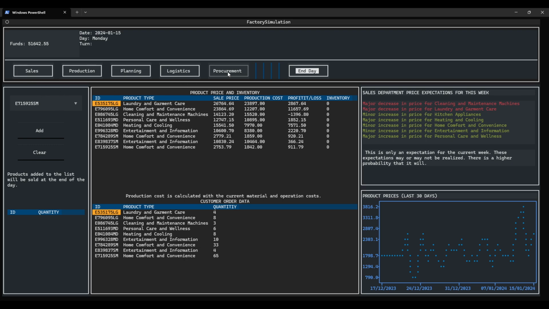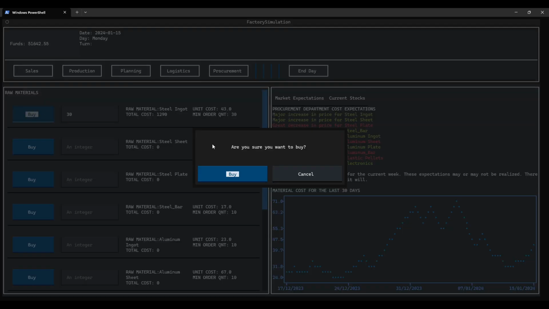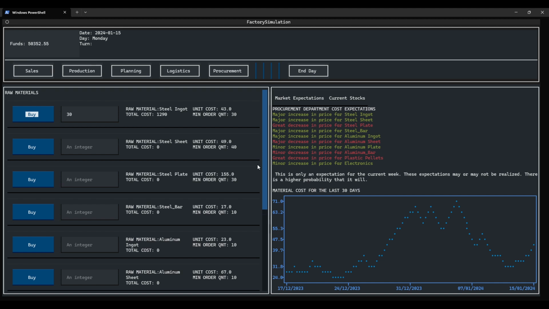One screen I haven't shown here is procurement. In here we can buy raw materials. We had enough, so we didn't have to buy any, but you can just type a number here, it shows the cost. You can say buy, and we just bought them. In here you can see